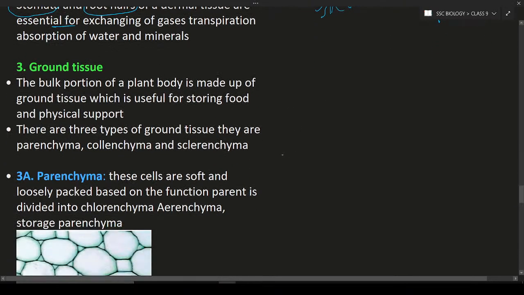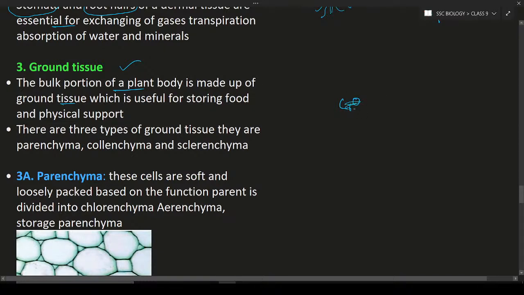The next topic is the ground tissue. What is meant by ground tissue? Ground tissue is the bulk portion of the plant body. The bulk portion of the plant body is made up of the ground tissue. This ground tissue is mainly used for storing food material. What is the food material? Example,